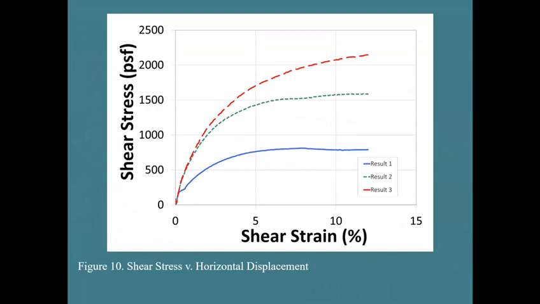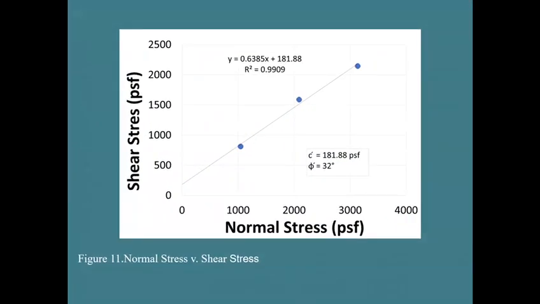After each test, we obtain a graph from the DSC machine, forming a series of shear displacement curves from testing the 3 samples. We also obtained the peak values of failure stresses and plot them in a shear stress versus normal stress plane to obtain the Mohr-Coulomb failure envelope that gives us the effective cohesion, which is the y-intercept in the graph, and the effective friction angle, which is the slope of the best fit line.